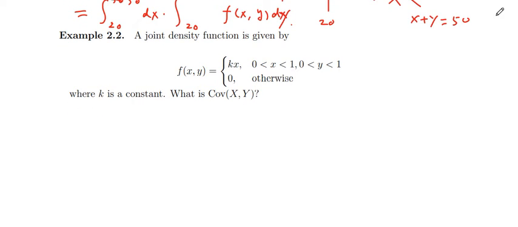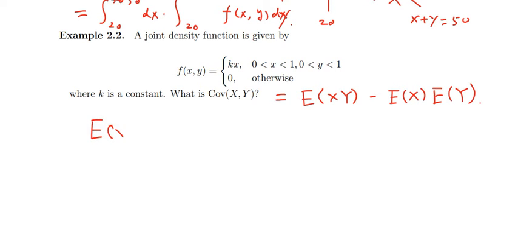For this problem, find the covariance. At first we say covariance equals E[XY] minus E[X] times E[Y]. Here we need those double integrations. So let's say, what is E[X]? E[X] just equals this integration over this region, right? x f(x,y)